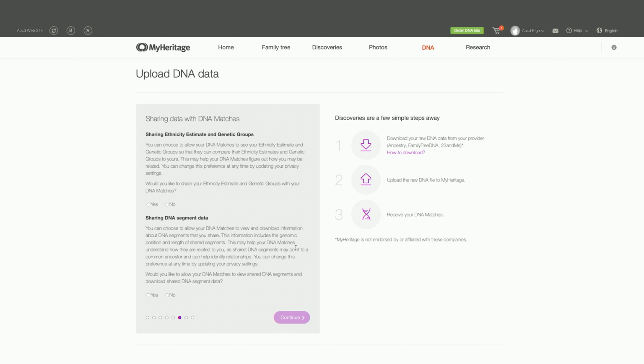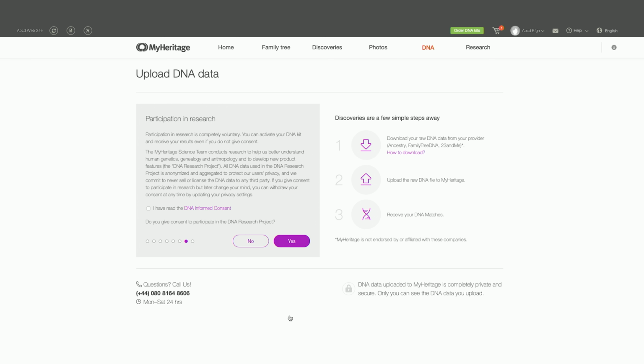The other section is getting a bit more into hardcore genetic genealogy and can help in terms of looking for shared ancestors. Again, read both of these and click Yes if you want to take part. Bear in mind that you can always change this preference at any time by updating your privacy settings, and then click Continue.